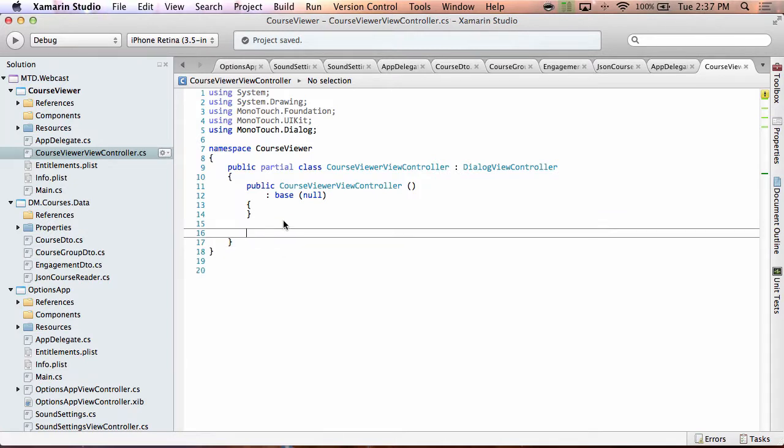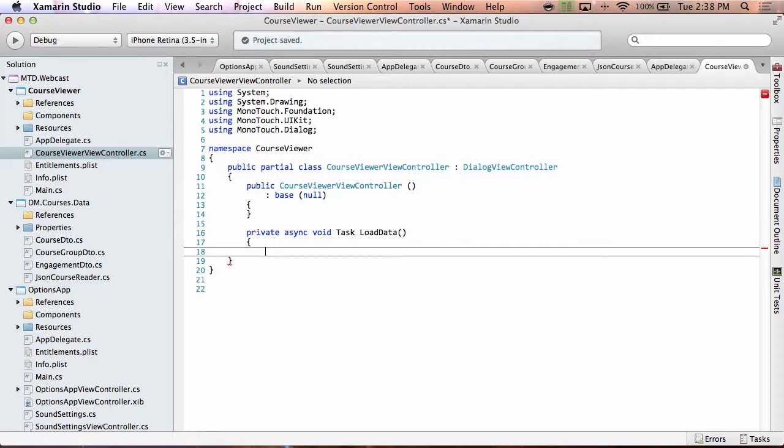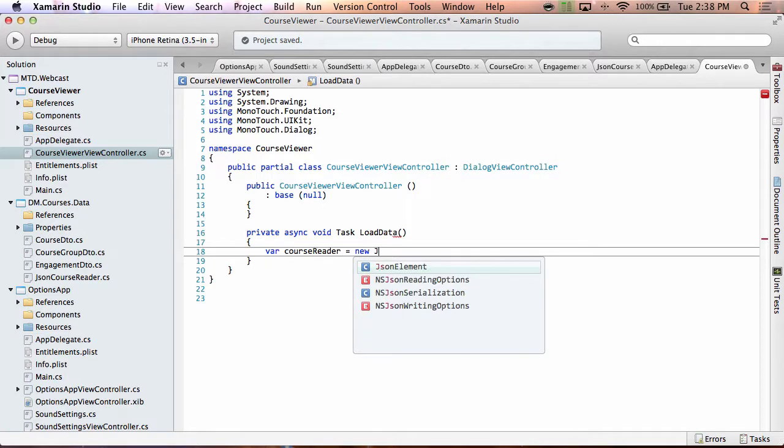Now, on this course view controller, let's first add in some support to be able to read this data. So I'm going to add a method that's going to be used to actually load our data, and I'm going to mark this method as an async method. I'm just going to return a task, and we're going to call it load data. What this is going to do is use our JSON course reader. So let's create a course reader. We'll say new JSON course reader. And I'm basically going to use this new JSON course reader to load up my data